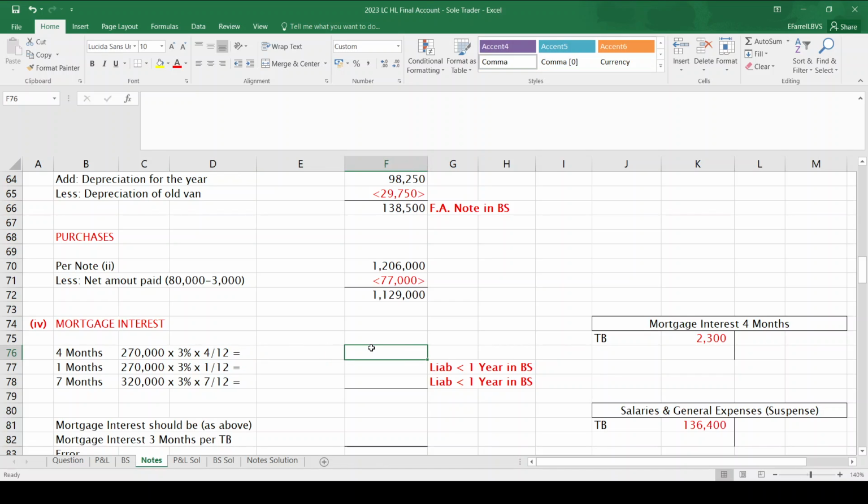So for the 4 months, it's 270,000 by 3% by 4/12. Then for the next 1 month, again, it's 270,000 by 3% by 1/12. And then after 5 months, it went up to 320,000 by 3% by 7/12. Now for the suspense, I really only need this 2,700, but as I said, you're going to